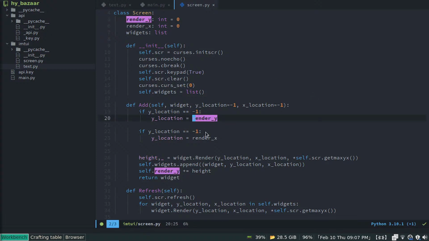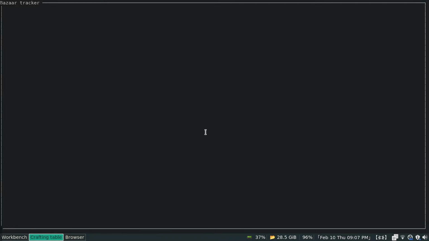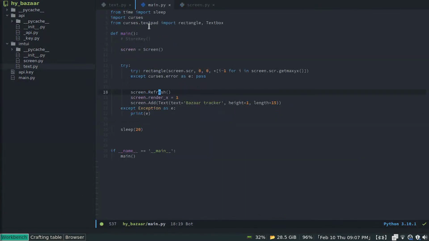Ah, there. Okay, there you go. So, Bazaar Tracker, the only thing is that